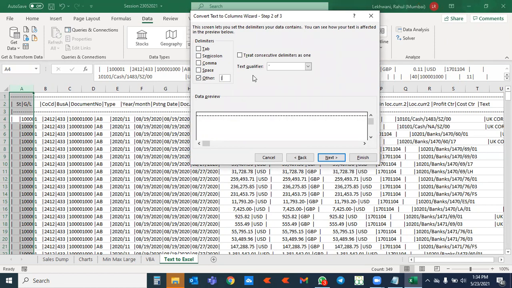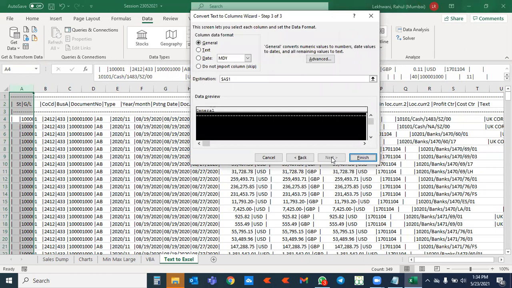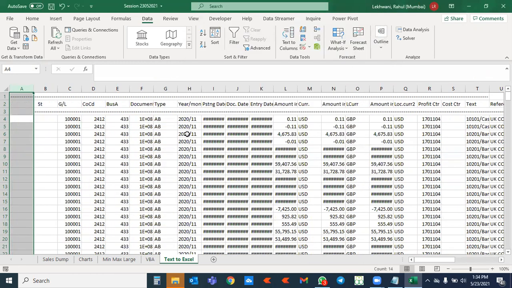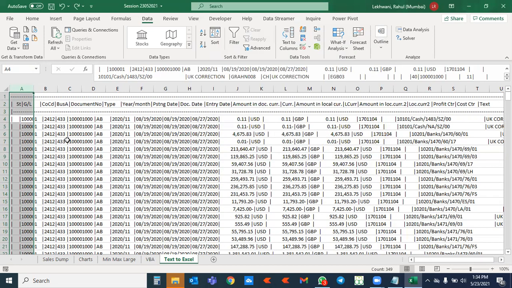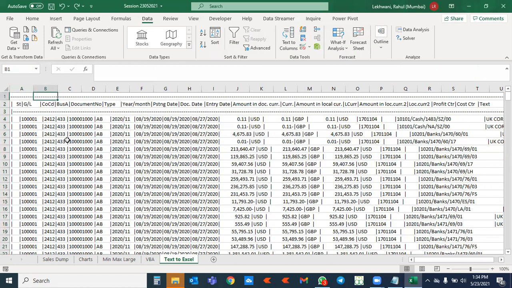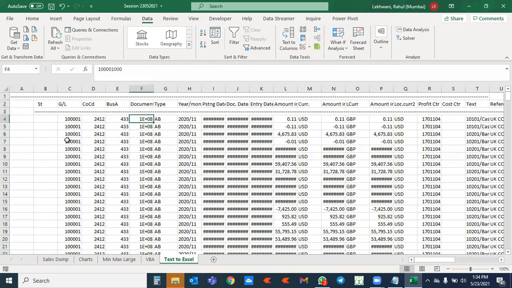Now it is showing me how the data is going to get fetched. Again, press next and then finish. See, I'll just Control Z. This was the data where in B column there was nothing. Now in the revised data, every column is different.